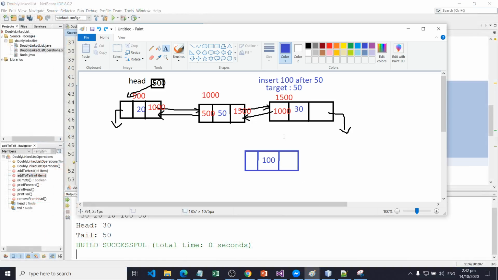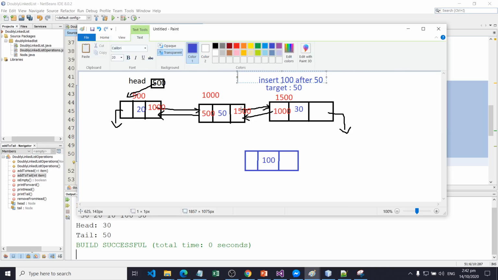Now, if the target item is not the tail, we need to have a reference variable right after the current item. For example, we'll be using q.